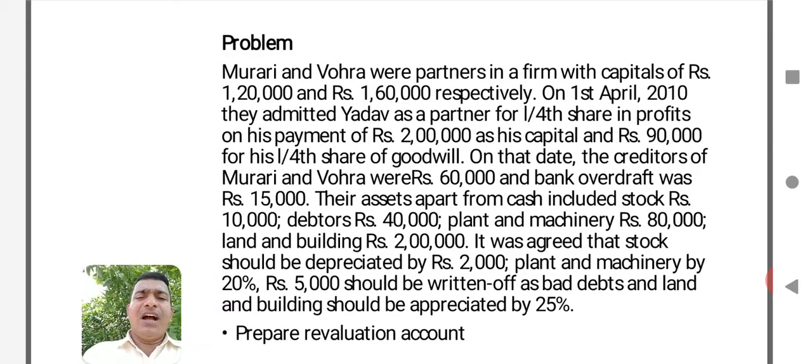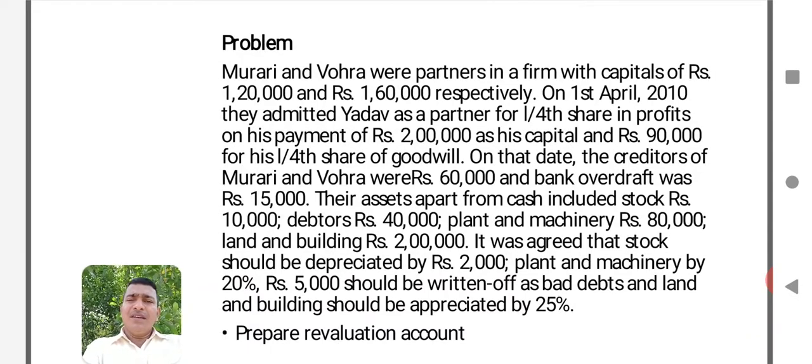for identifying unrecorded assets or unrecorded liabilities. Sometimes they will mention any particular asset is an unrecorded asset, that unrecorded asset should be recorded now in the revaluation account. They may also mention unrecorded liability. Here in the problem they may state it at any place, either in the beginning or in the middle of the problem or at the end of the problem. But when they mention it, you have to record that unrecorded liability.